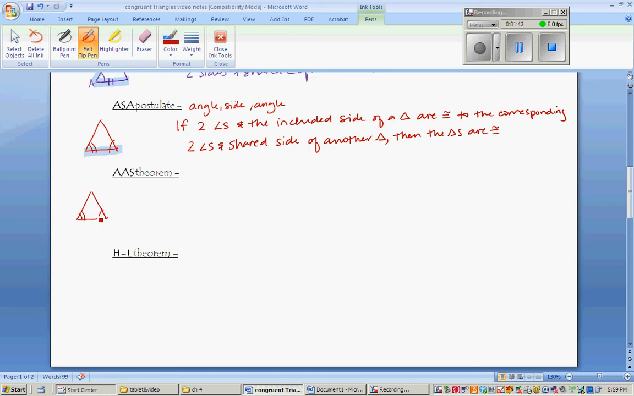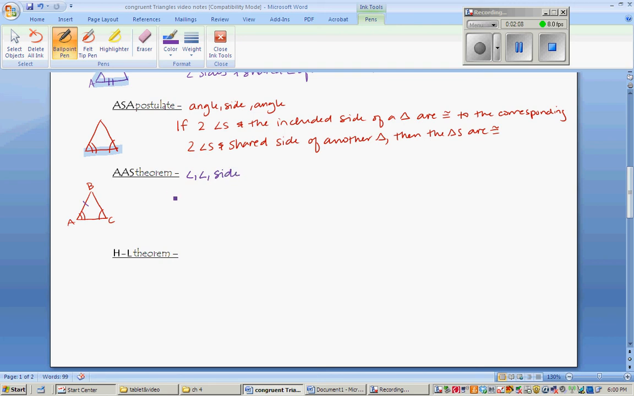If we have the same picture as above and we have these two little angles that have already been proven congruent to another set, the only side you don't want is AC. You can choose either AB or you could choose BC and it would still be AAS. So the way that theorem works,